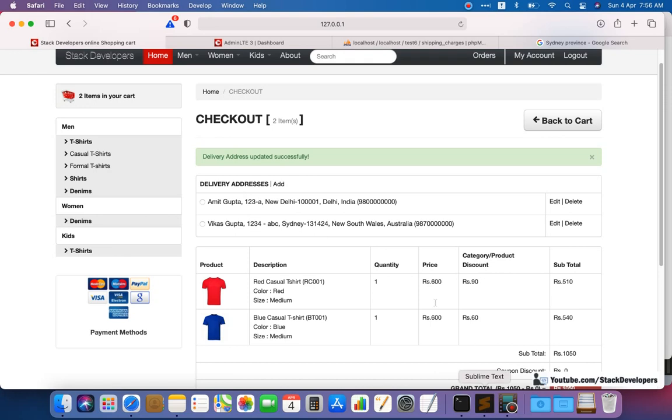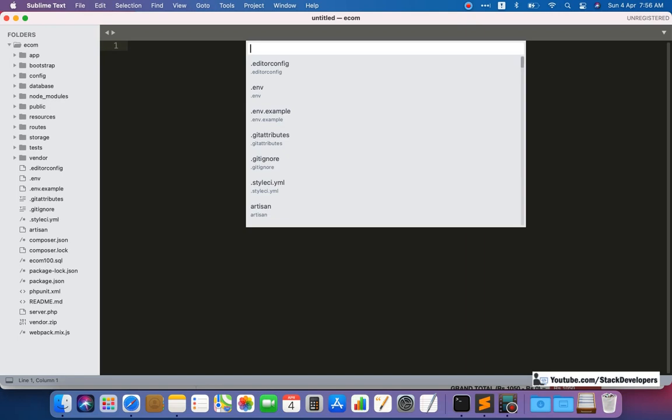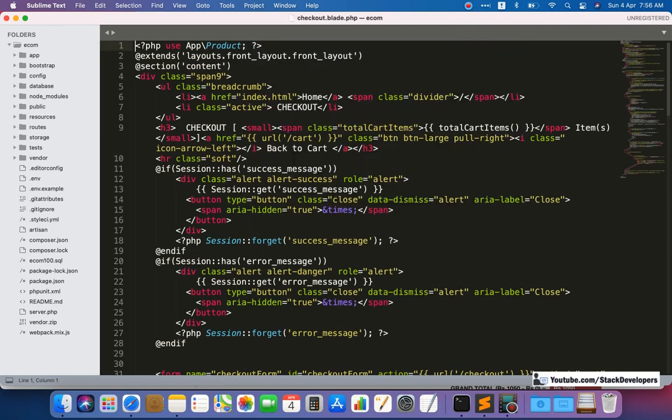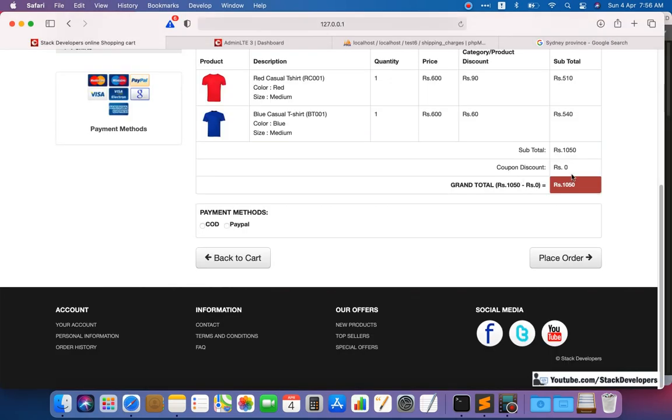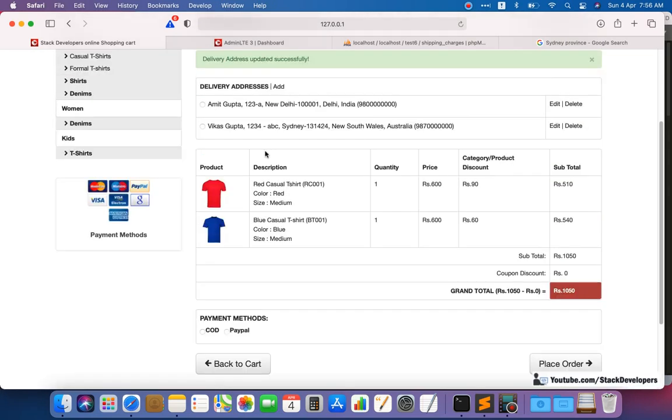I'm going to open the checkout blade. First of all, I'm telling you how we can apply the shipping charges. We are going to show the shipping charges here, and we are going to add shipping charges in the grand total. But we need to work on jQuery as well in this video, because if we select India here, we automatically want the shipping charges of India to come up here, and in the grand total it must be included plus shipping. This is only possible with the help of jQuery. Maybe we require Ajax as well, but we will try with jQuery.